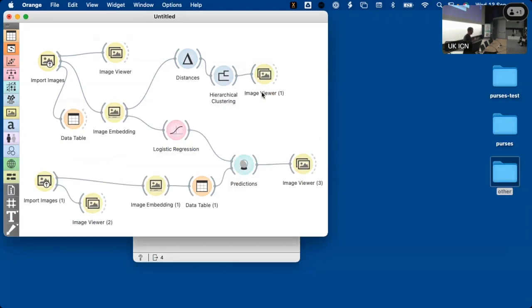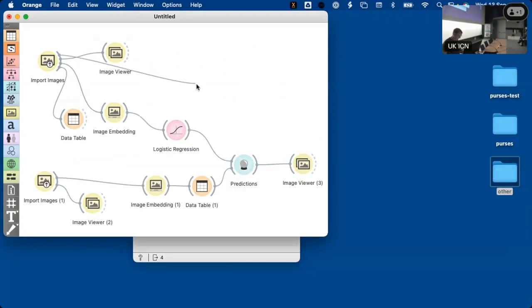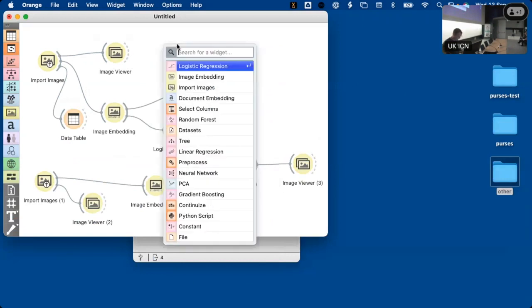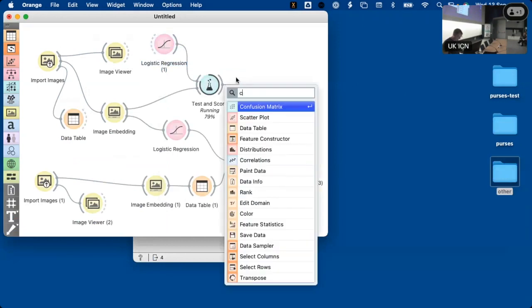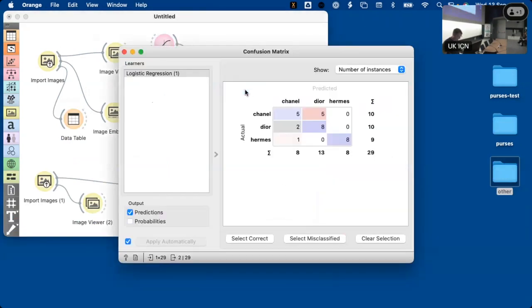I didn't bother her with the vocabulary, but I just told her that if I take my original data here and I test a prediction model, which is called logistic regression, then I get this kind of result. And this is called a confusion matrix. She immediately understood that these are the actual classes and the predicted classes, and that